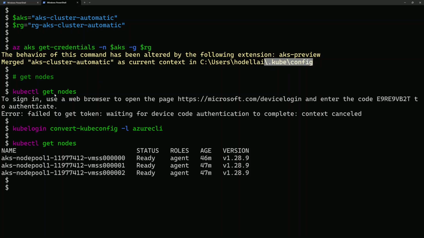which means that whenever I want to connect to the cluster, I'll be able to get the kubeconfig file. And next, if I try to do kubectl get nodes, then here I have two options: either to do device login using this code, or I can also use kubelogin in order to convert the kubeconfig file using credentials from the Azure CLI where I'm already connected using my account. And then we'll be able to get access to the control plane API